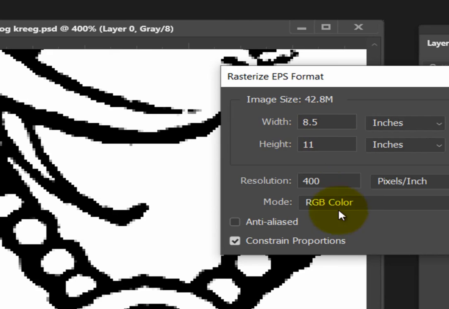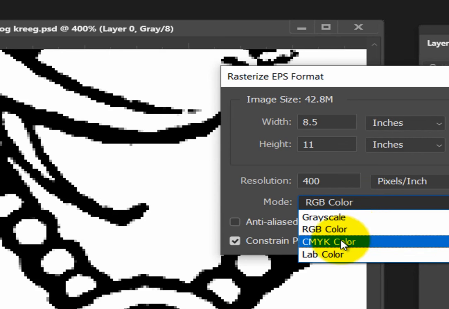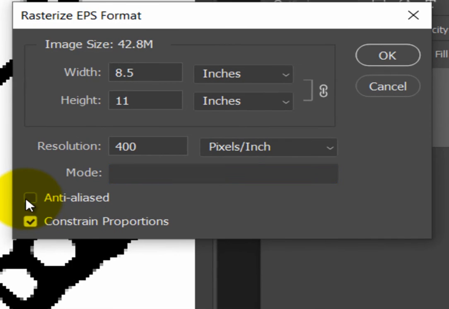This is all done. I haven't changed this to 400. You can change it to 400 resolution if you want. Make sure it's an RGB color, not CMYK. And the most important thing, uncheck anti-alias. So uncheck that, or otherwise you're not going to get the crisp, clean lines again. You're going to get that fuzzy gray tone. Say OK,